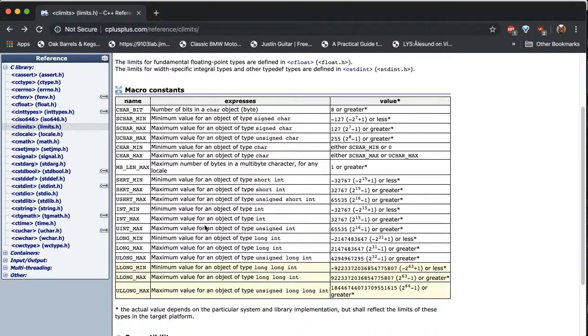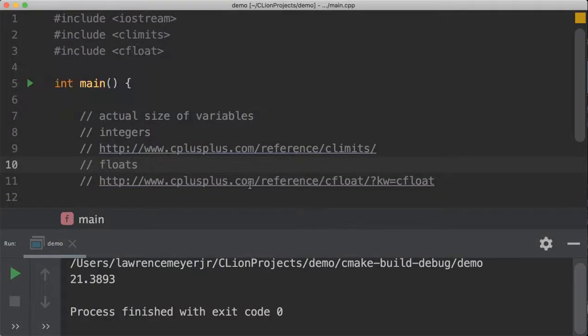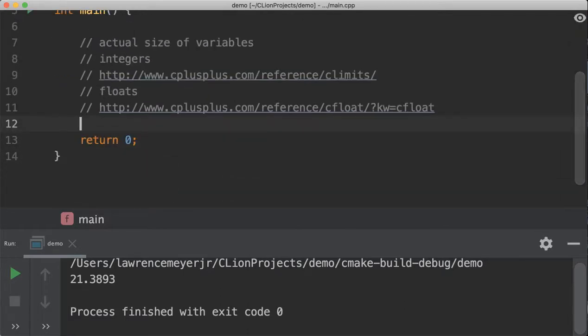So what can we do? Well, we can actually take this value right here. This is the name of the macro constant that lets us figure out what our system really has inside of it. So we could actually just come into our system